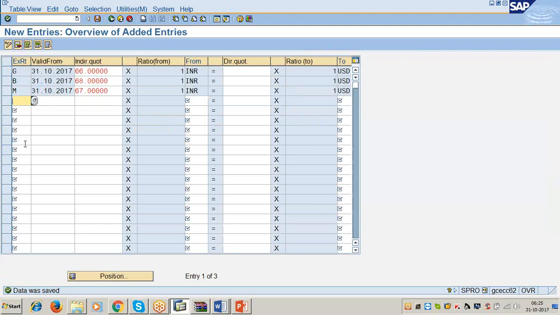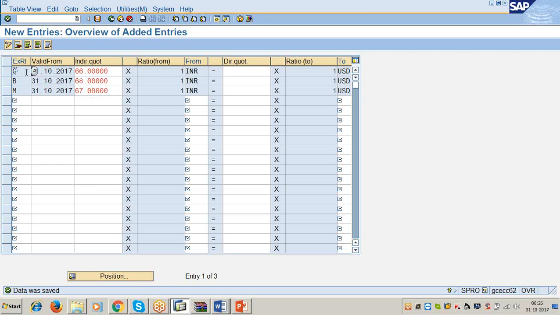Now, those who are doing the practice with Indian company code, means if your company code local currency is INR, now you write down. Exchange rate type is equal to G, valid from 31/10/2017.